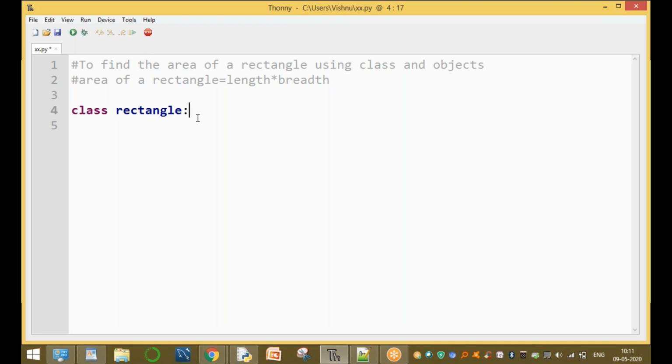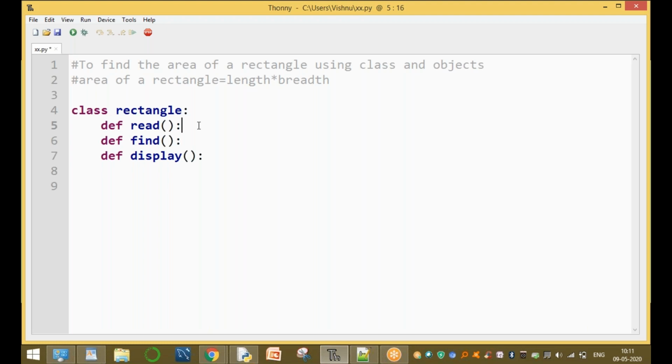You can use sample or test or any name as you like, like Hyderabad or USA or India. Now here the inputs are one length and another breadth. For example, the program is divided into three functions. One is the read function, one is the find function, and one is the display function to display the value. These are the three methods.